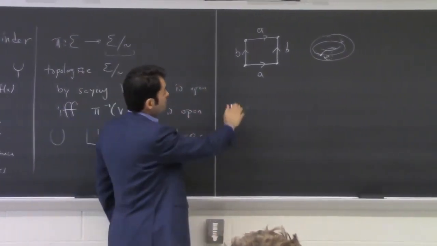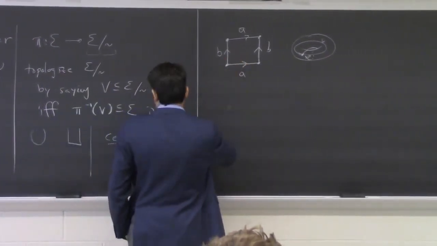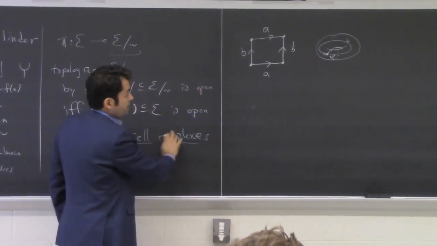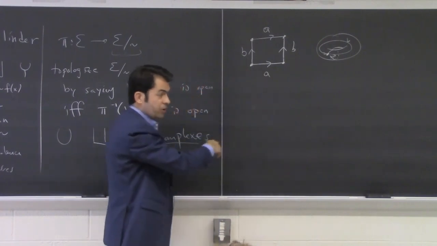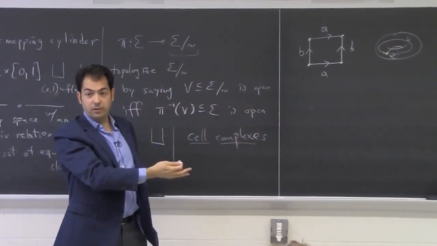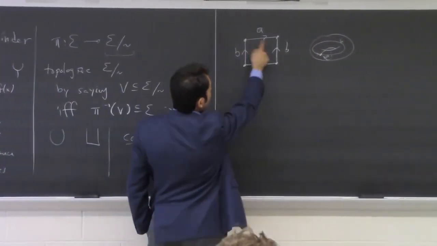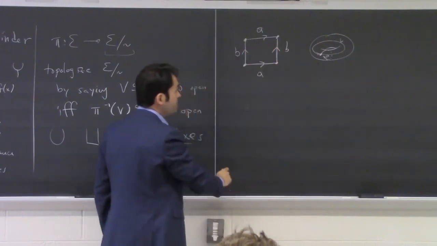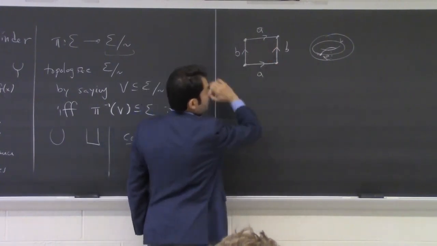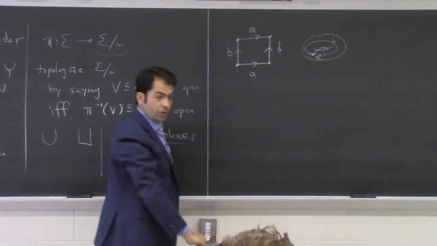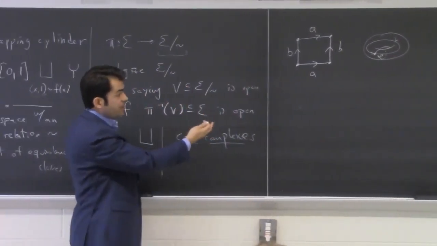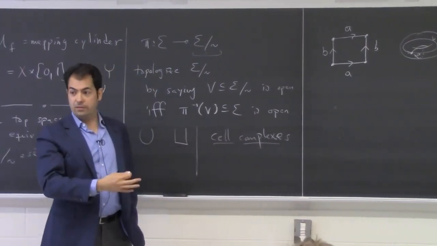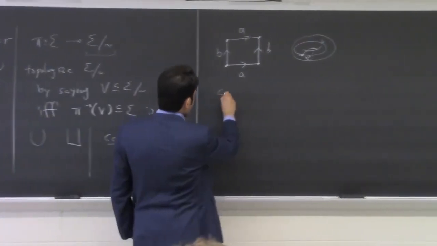So how you should think about this for purposes of generalizing it is that you have a single vertex, which we're going to call a zero-dimensional cell. And then you have two one-cells, these edges, and then a single two-cell, which is the interior, right? So in general, a cell complex is any space that you build up inductively like that, right? So a cell complex